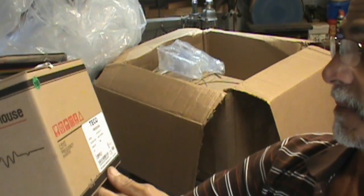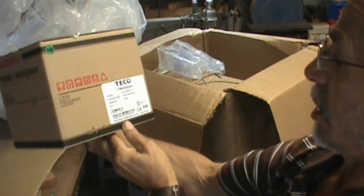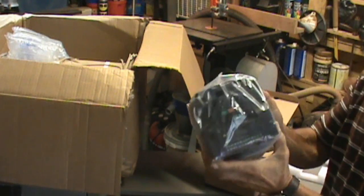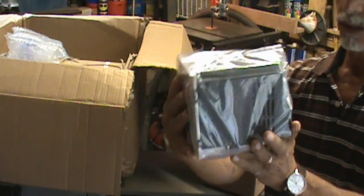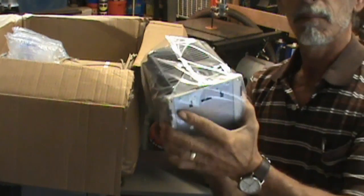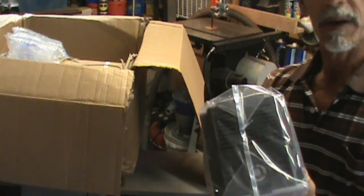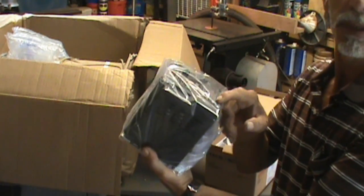It's L510-202H1U. But here's the VFD. It's deeper than I thought it was. So I will be showing you how to wire both the power coming into this and the distribution of the power going back out of this, and possibly the hookups to the